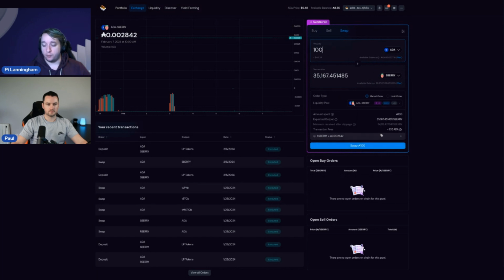Now, one thing to point out is the DAO has voted to make fees quite a bit cheaper. This is another one of the features in the protocol: the way fees work is they're a bit more dynamic than they were in V1. There is a base protocol fee that has to be collected from every scoop, and then there's an incremental fee that has to be collected from every order. What that means is, if you are the only person swapping against the pool, you have to pay both the base fee and the incremental fee.